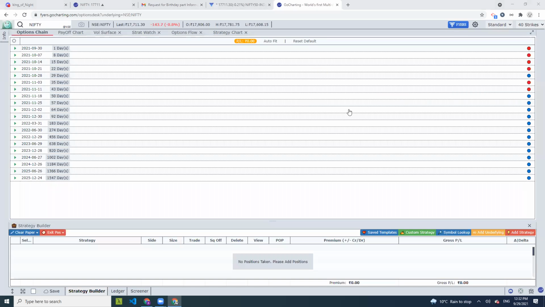The way I want to structure this meeting is, I do understand that some of you have not used this platform at all, so you are very new to this. I'm going to spend probably 15 minutes quickly giving you an overview of the platform. But if you want to really know about all the features, there are 2 webinars, one in English and one in Hindi, both posted on the FYERS YouTube channel. You can check them out. There we took a deep dive and did an introductory session.